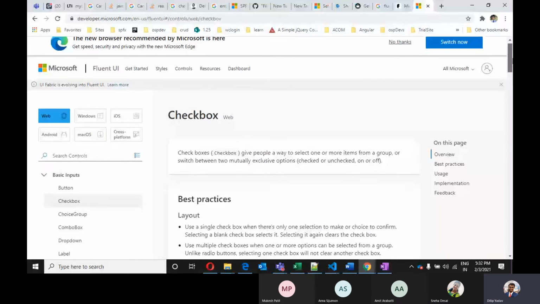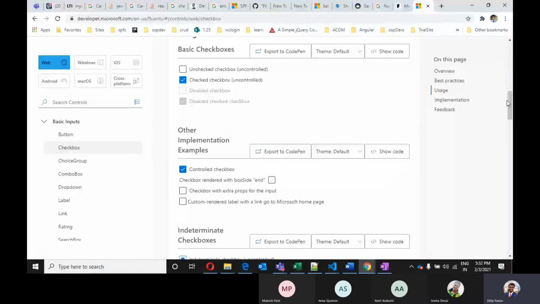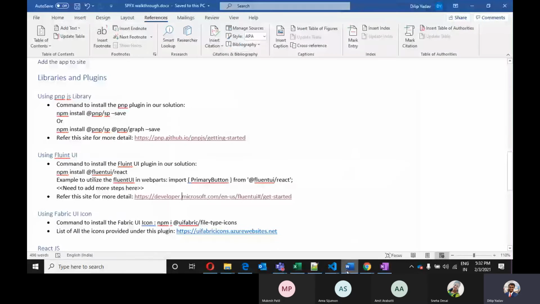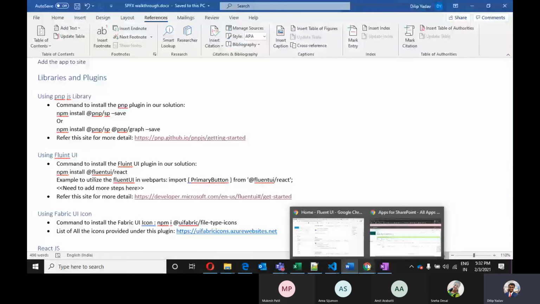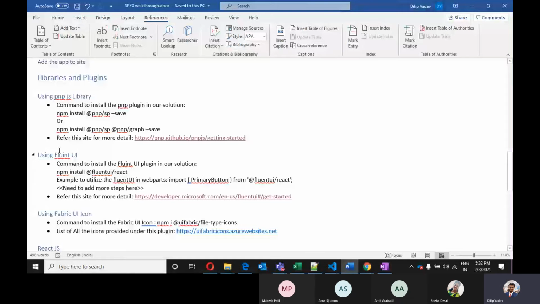So we can utilize this. What we have to do for this is install the Fluent UI in our solution, and then import it in our web parts. Then we have to perform some additional steps wherever we are adding the Fluent UI controls. Okay, so any queries with this Fluent UI?